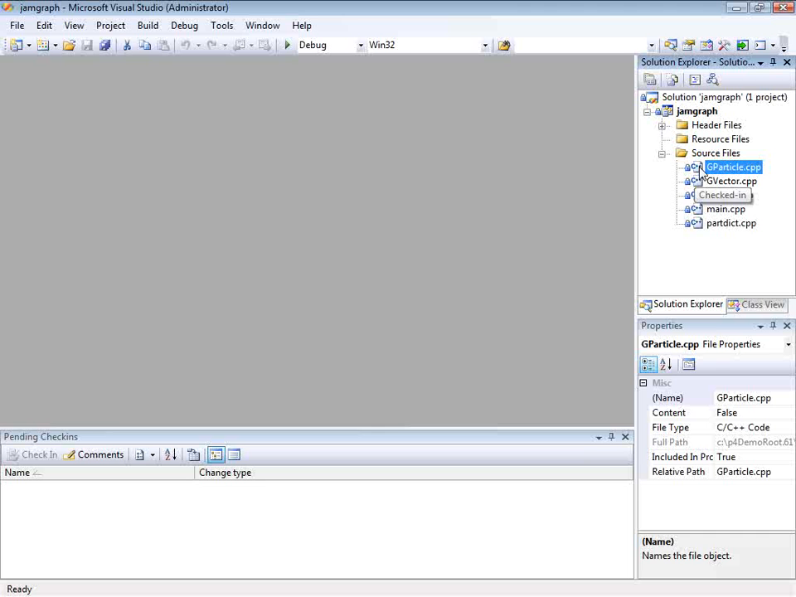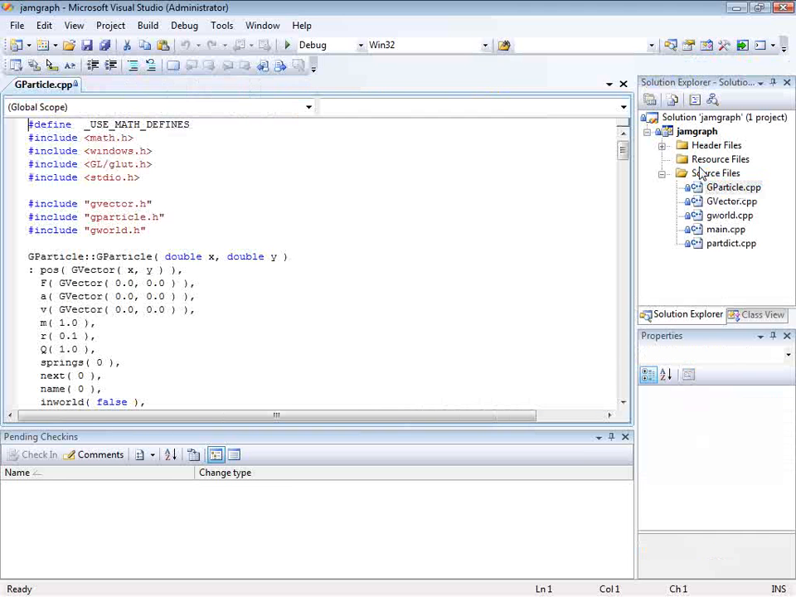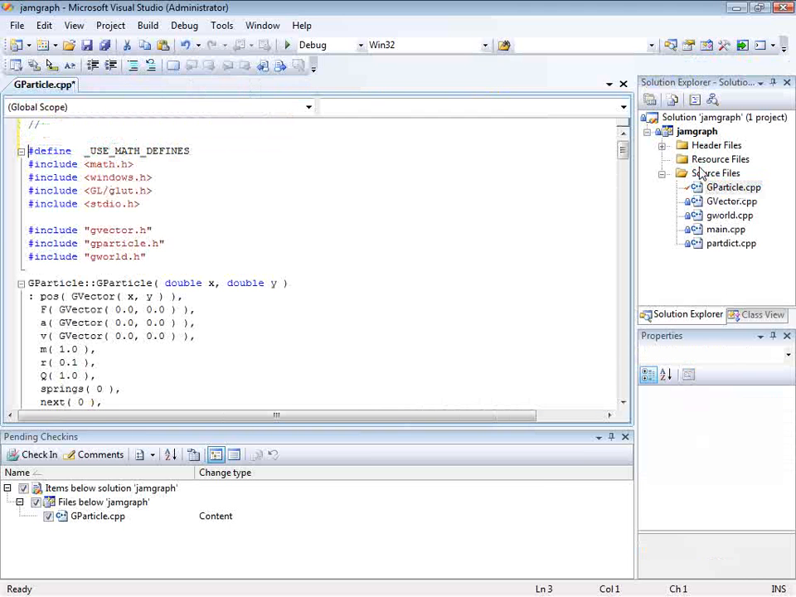To edit the gparticle file, she double-clicks it to open it. As soon as she starts typing, the plugin automatically checks it out from Perforce, as you can see from the check mark next to the file name and its immediate appearance in the pending change list below. This behavior was configured just a minute ago in the setup options. She makes a couple of small changes,